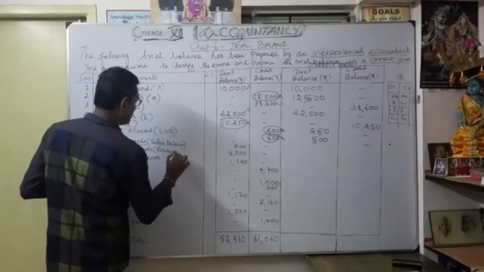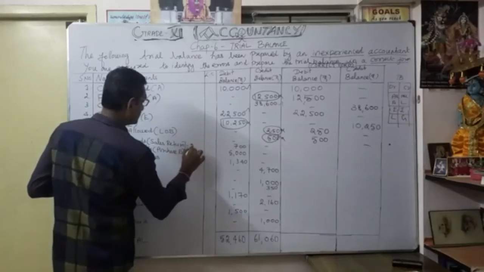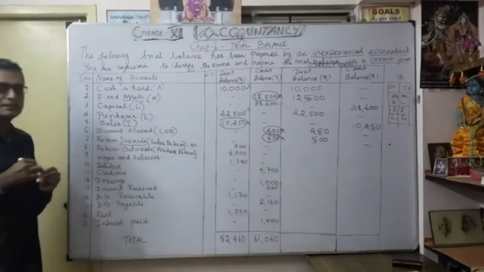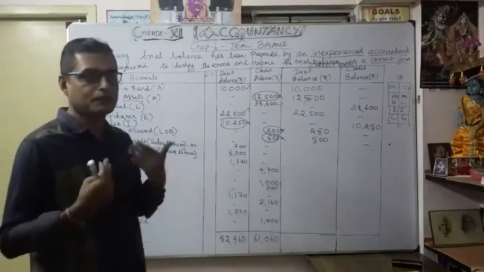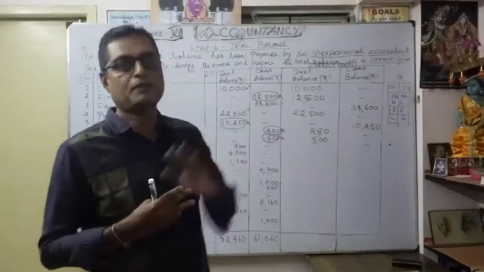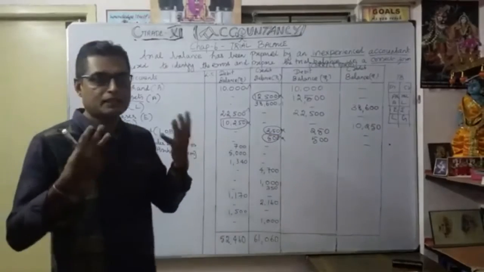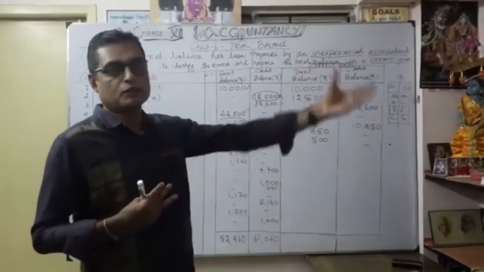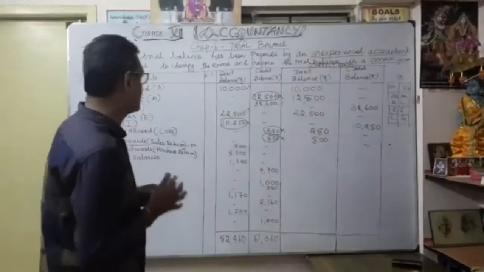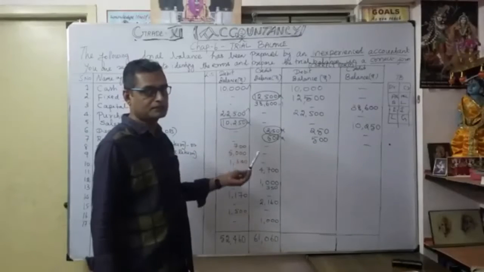Coming under purchase return. Should be debit? What happened? Earlier you purchased goods on credit or whatever it is. Now you are going to return them back to our supplier. So naturally what will happen? Our stock becomes reduced. So we are going to record purchase return on the credit side, because as purchases is a debit side, purchase return is always a credit side.